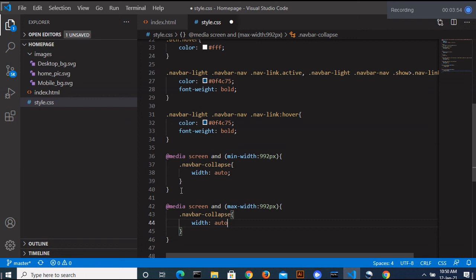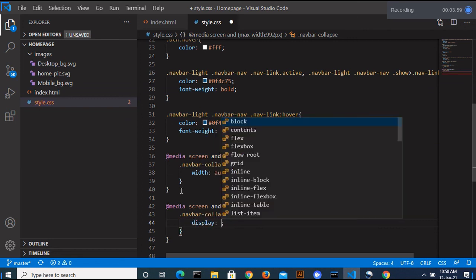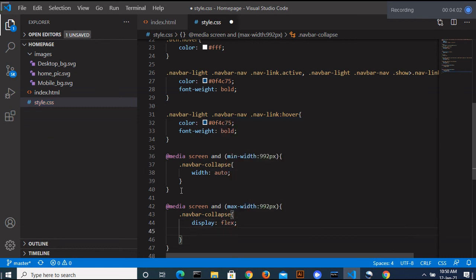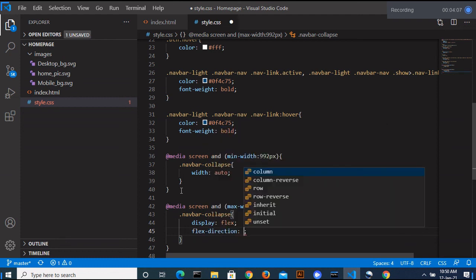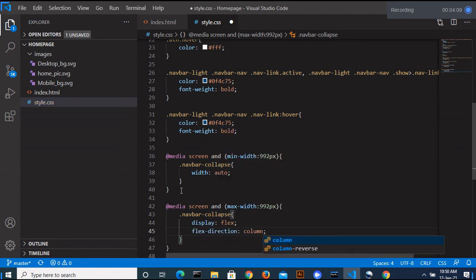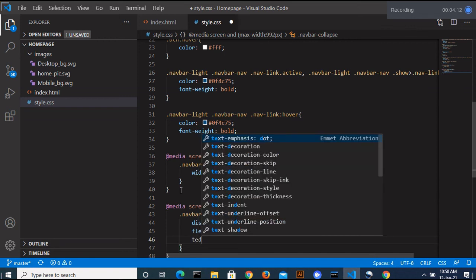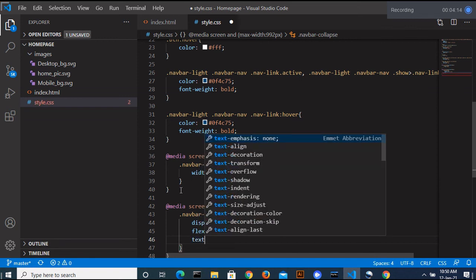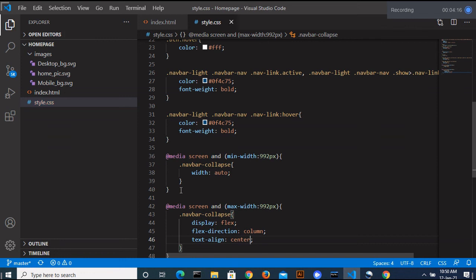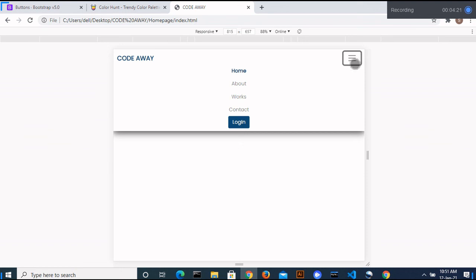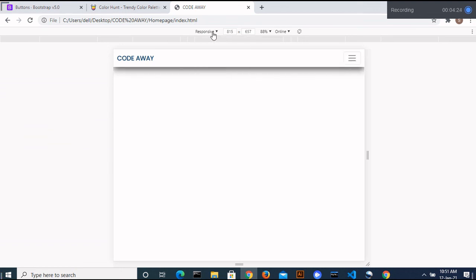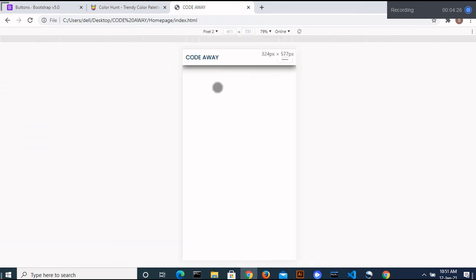So here I am going to make the navbar-collapse display flex, and flex direction is going to be column, and then text align center. It looks good. So let's have some mobile view, Pixel 2, and check it. It's great.